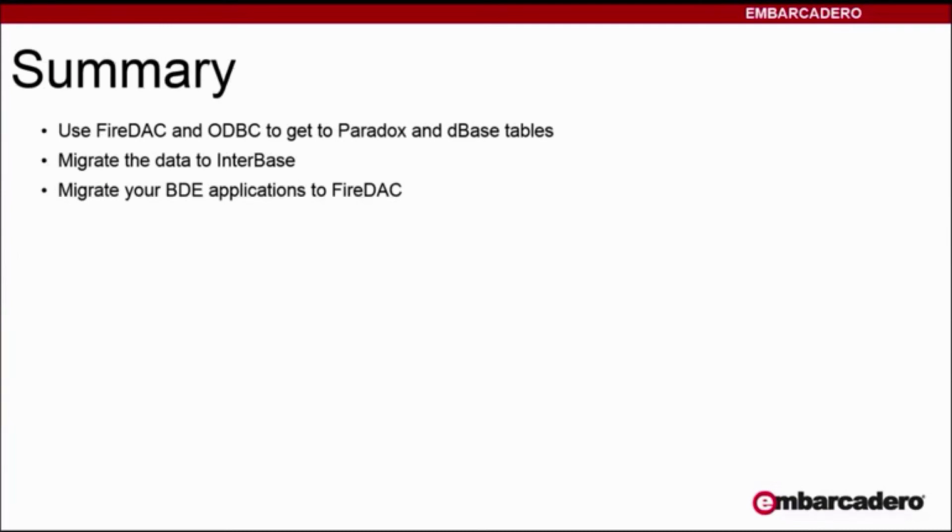And then using the refined utility and the batch file that comes with FireDAC, you can migrate your source code and your BDE-based form files, including data modules, to use FireDAC. Point the FireDAC now at the InterBase database data source, and you have your application moved off the BDE and